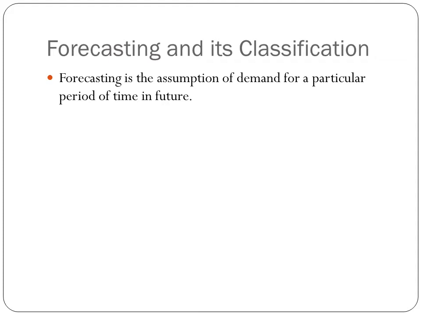Let the demand for April be 20 units. We are going to assume a value using different techniques, but I am just telling you a value for the month of May. Let the forecasting value of May be 25 units. That is the forecasted value. We are just visualizing a value, 25 units, depending on the value of the present month. That is the way forecasting is done.